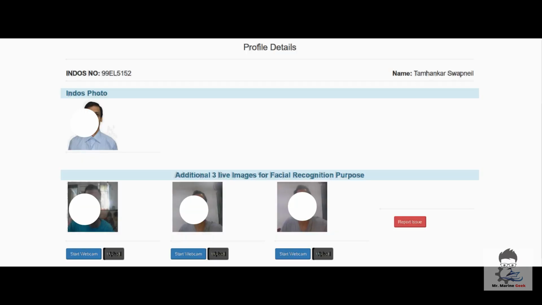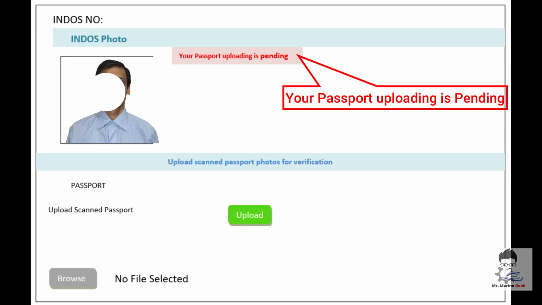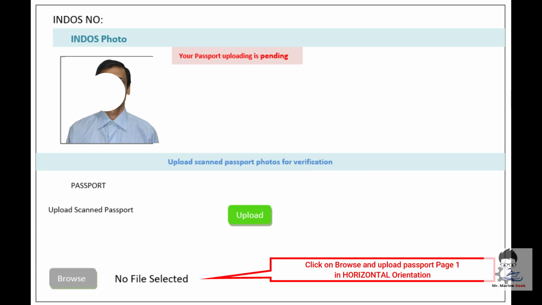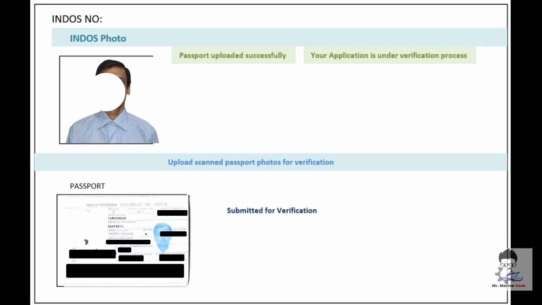Then take 3 live images. Click on Browse to upload your passport. After uploading, you will be able to see the space. Browse the passport file. Upload page 1 of your passport and it will be submitted for your verification.